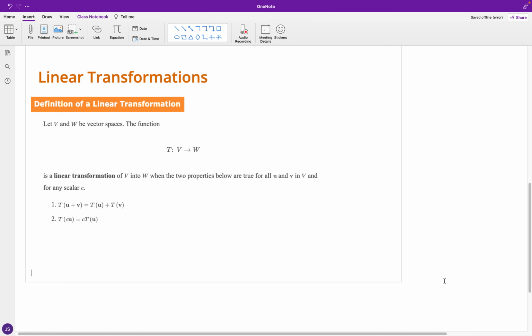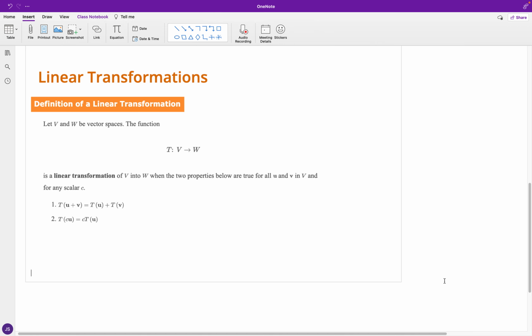Okay, now for what we have in the case of linear transformations, let's say that we have V and W to be vector spaces, where we're going to have the function T, the transformation, as we go from the vector space V to the vector space W, is going to be a linear transformation of V into W when the two properties below are true for all vectors u and v in the